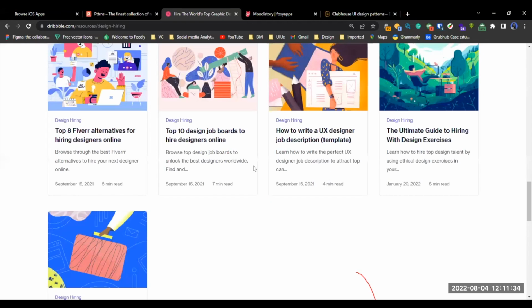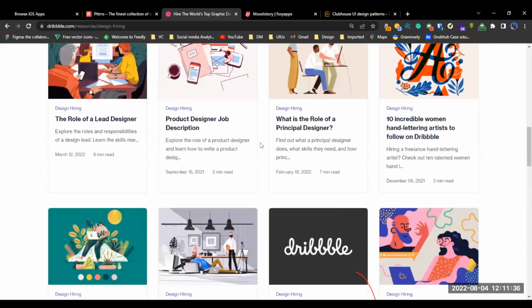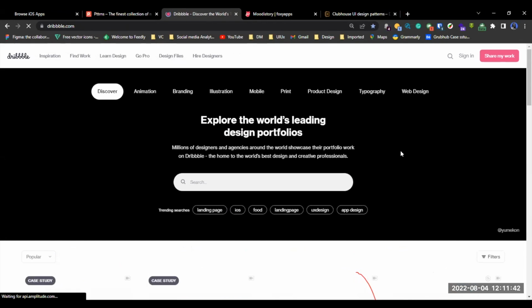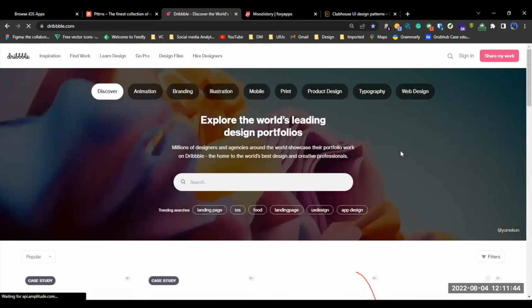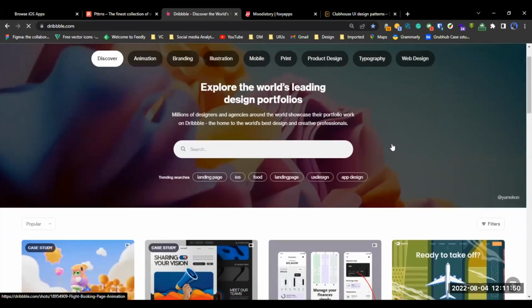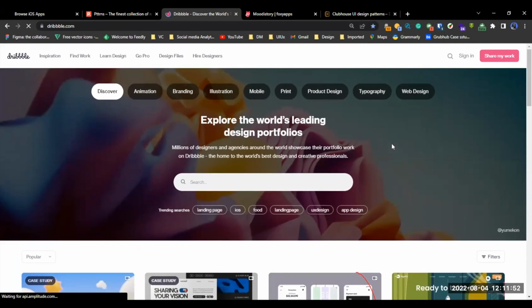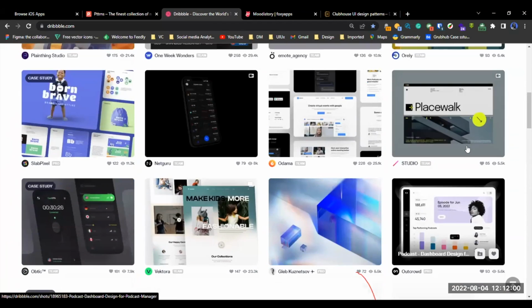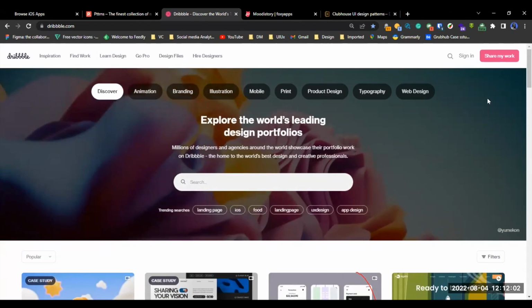Then we also have Dribbble. Now I know a lot of you would have come across Dribbble. It's like Dribbble and Behance, the major stop for every UI/UX designer, and there's so much you can get on Dribbble. And if you have always been on Dribbble, you should have noticed that they just did a redesign of what their website looked like, because they didn't have